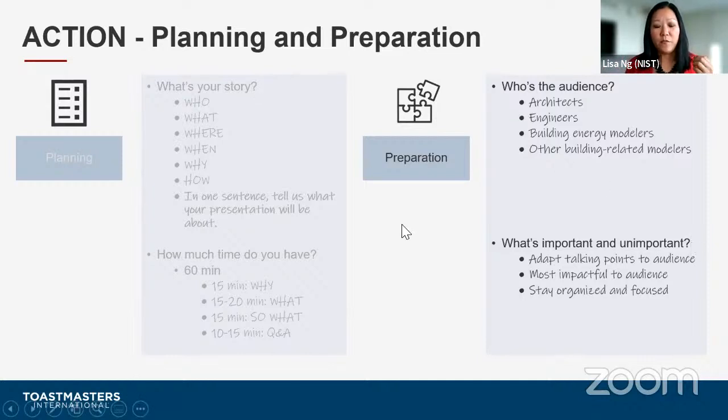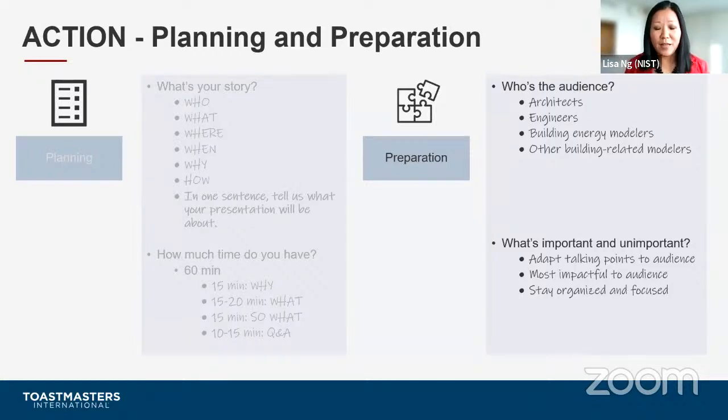You also want to focus on what's important. So you want to adapt your talking points to the audience. If you are a graduate student, for instance, giving your thesis defense, that's a whole different audience than someone who's attending a conference. You also want to focus on what's most impactful for the audience. So if you're giving a thesis defense again, maybe your impact is to show that you've become an expert in this area and that you deserve to go to the next step. But if you're going to the conference, maybe you want people to walk away with, oh, look at the cool tool I developed. Look at the cool analysis that I did. Let's offer up some case studies where we can learn from each other.